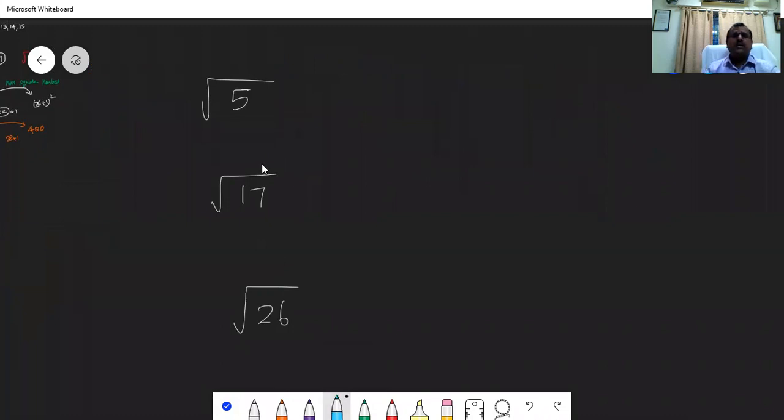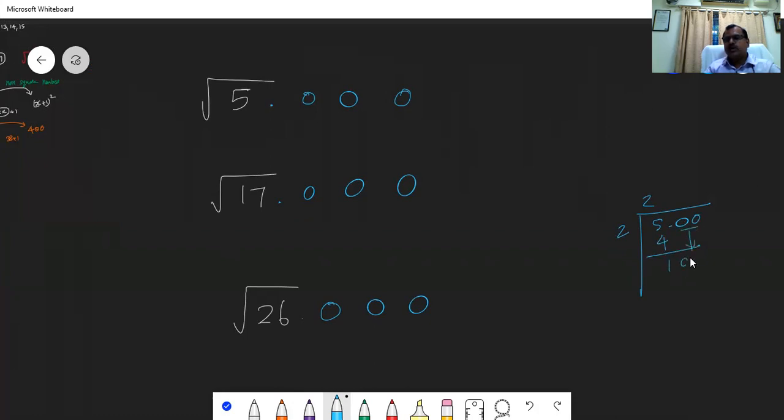Now, using my technique, you can find the square root up to 3 decimals immediately, within a few seconds. Normally, we do it in the long division method. You will take it like that. 5 is there, double 0 you have to take. 2 2s are 4. Subtract, it becomes 1. Take 2 zeros down. This is the method you learned in 8th standard.